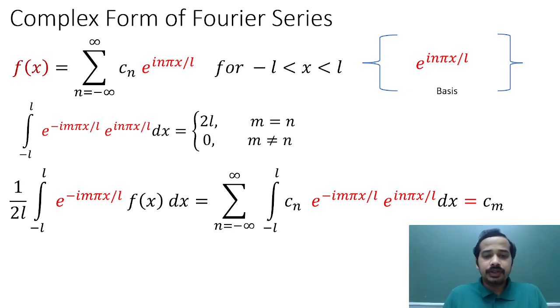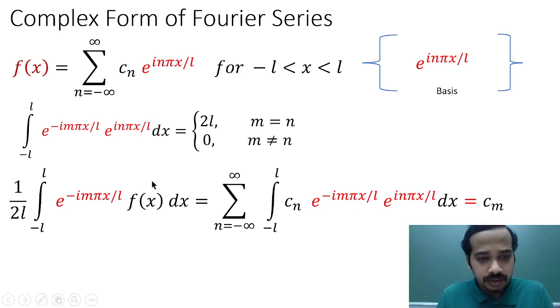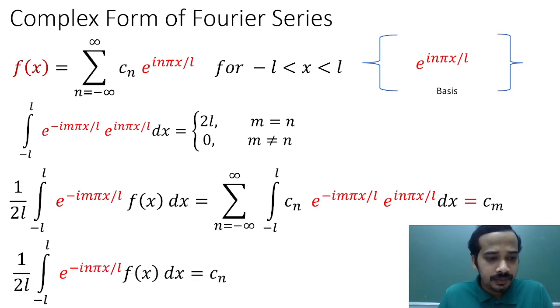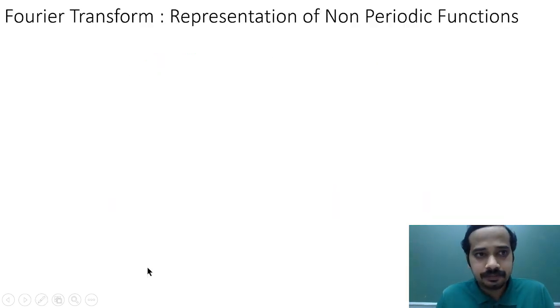Stop this video, pause this video, and try to work this out. If you write this on a page, it will be very clear to you. So again, to obtain this coefficient Cn, you have to multiply this whole function by the complex conjugate of this basis of the expansion, and you have to integrate from minus L to plus L. You have to place a 1 by 2L factor, and you will get this coefficient. This is very similar to the dot product we have done earlier.